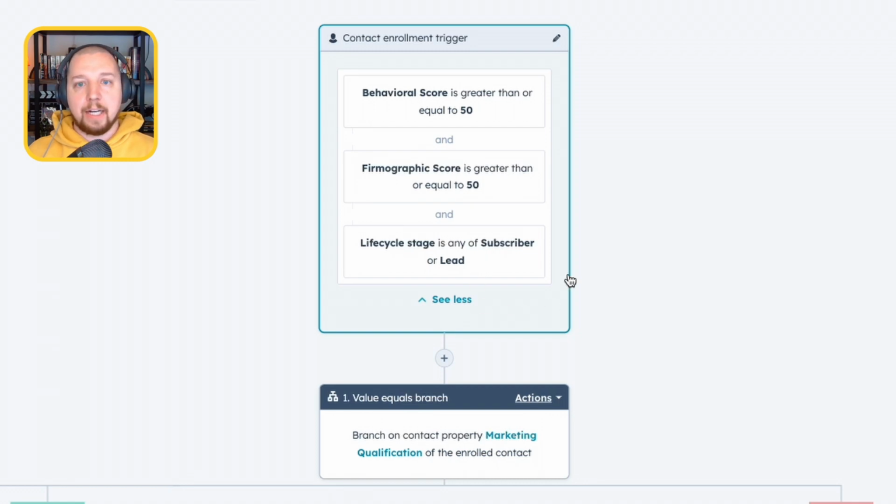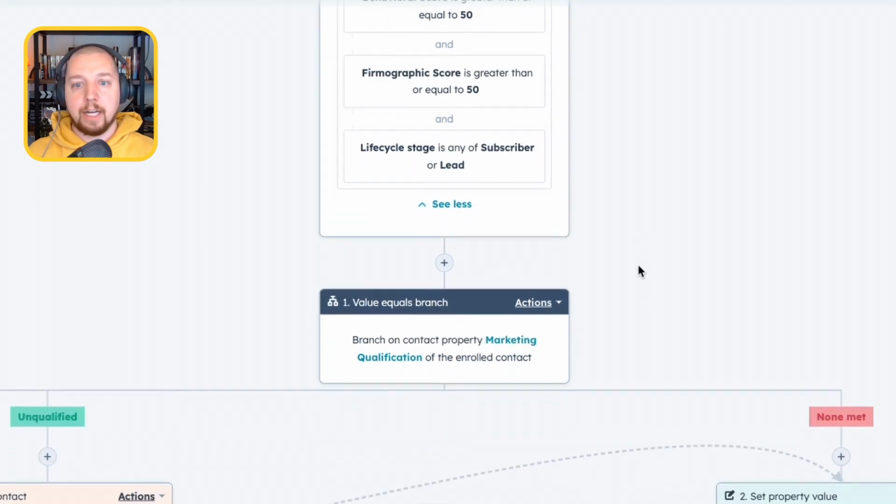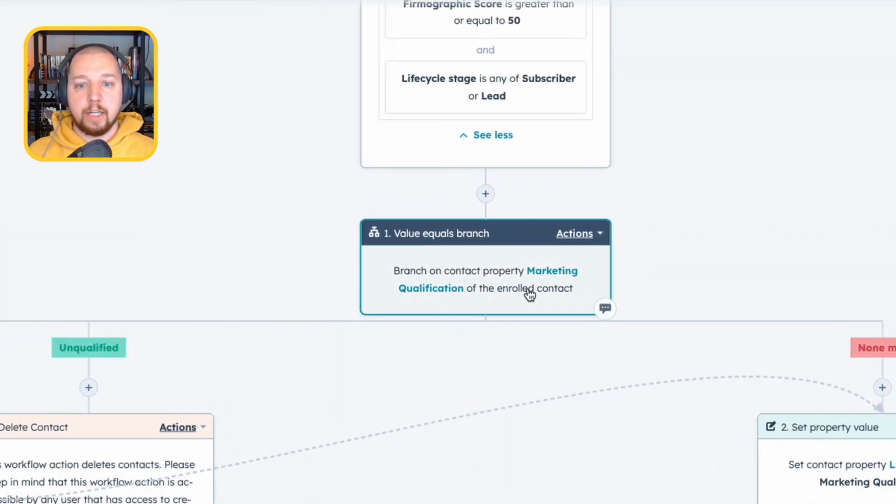That means that they need to be actively engaging with your marketing material, showing actual buying intent, as well as fit within your ICP. And because we're looking at setting the lifecycle stage to marketing qualified lead, I've got another criteria here to only look at contacts that have an earlier stage. So if someone meets both of the lead score criteria and they're an earlier stage than MQL, then we're first